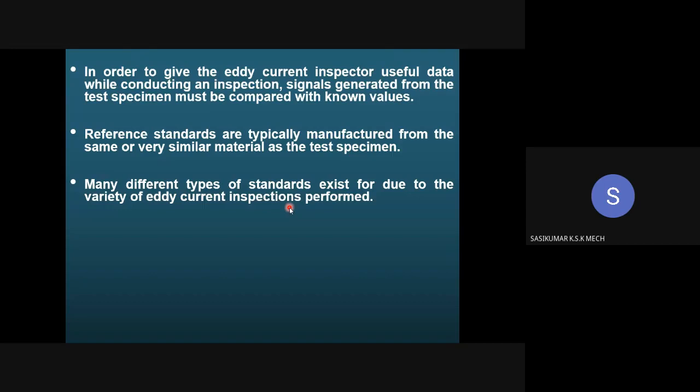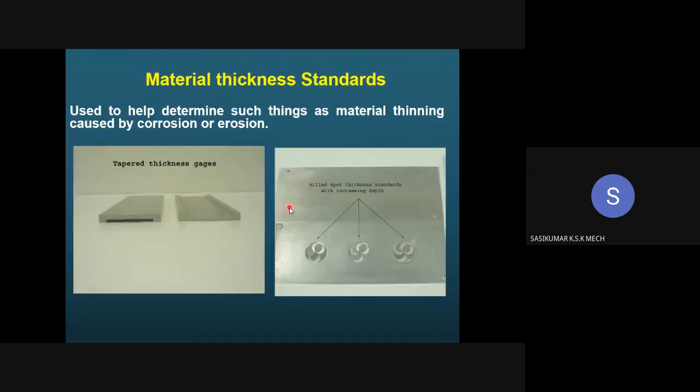Okay, and material thickness standards. These eddy currents can be used to test the thickness of certain material. Why do you need to know the thickness? In chemical applications, for example in a petrochemical application, due to corrosion or a chemical reaction, the thickness of the pipe may be getting reduced. That cannot be split open and tested. So in those cases, these eddy current devices are used for checking the thickness of your pipe.